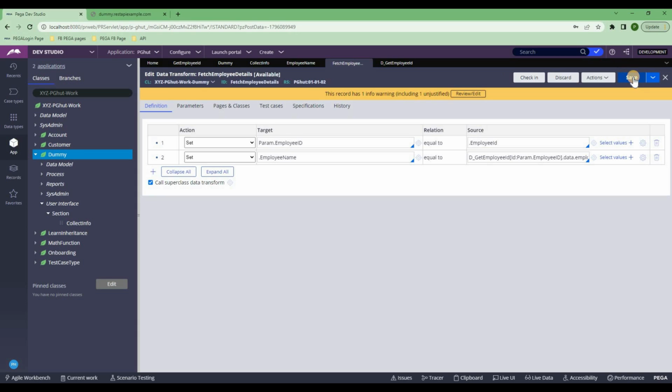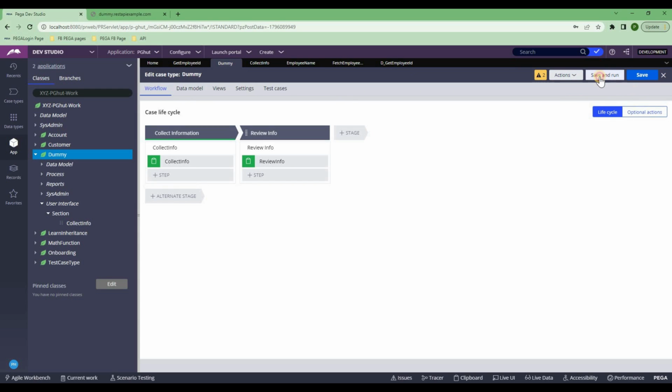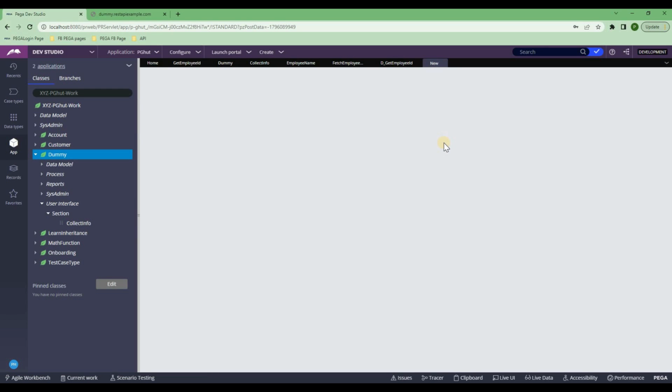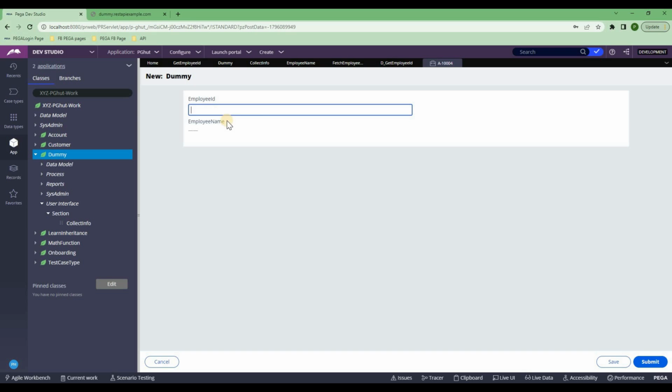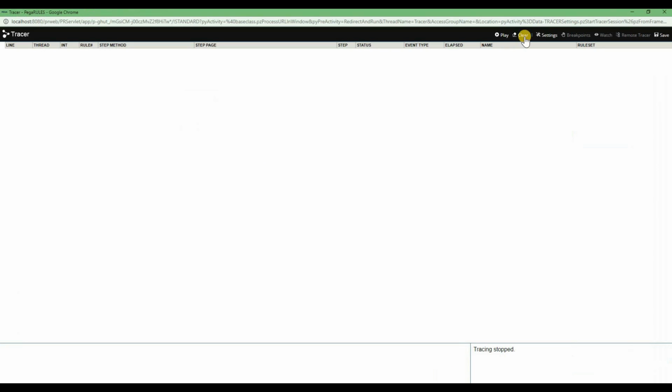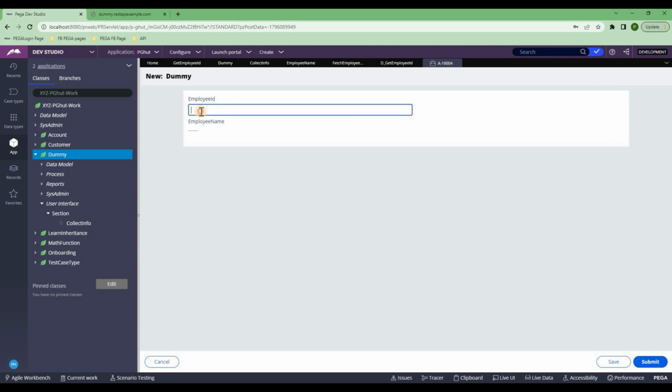Now I'll do a checkout, I'll do save, and now will do a quick run, wherein I'll turn on the tracer and show you. So I'll do a save and run first. I hope I have saved everything. Now here employee ID and employee name is there. Now what I'll do is, I'll turn on the tracer, I'll quickly play this one, and here I'll give, let's say 1. Now if I give 1, then am I getting my, yes, see, employee tiger nixon came,